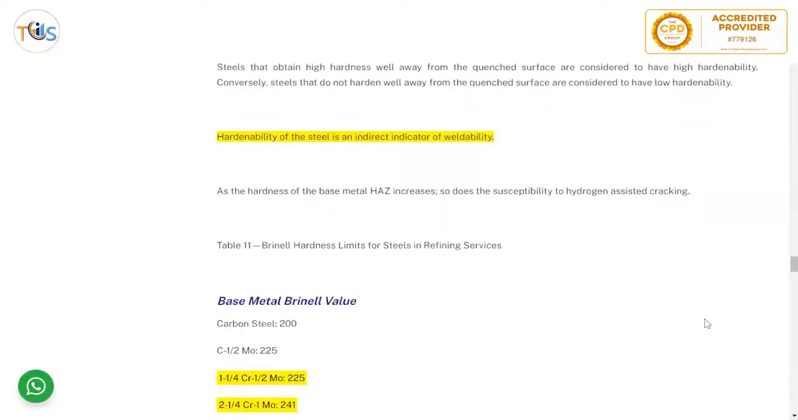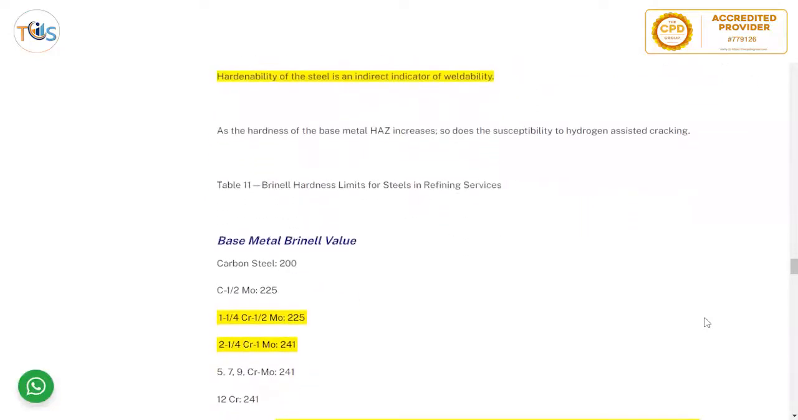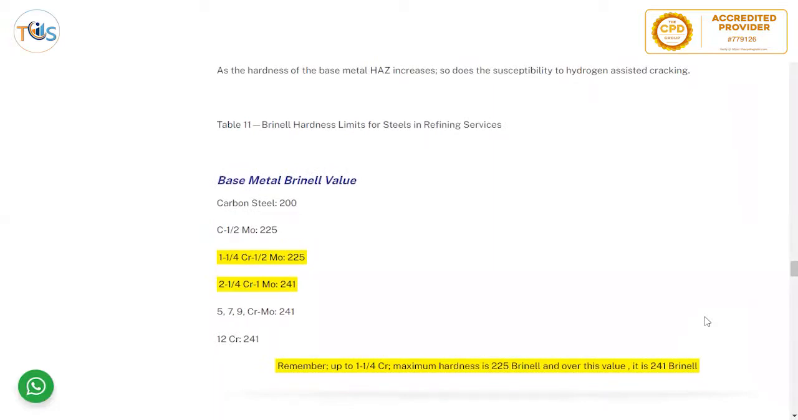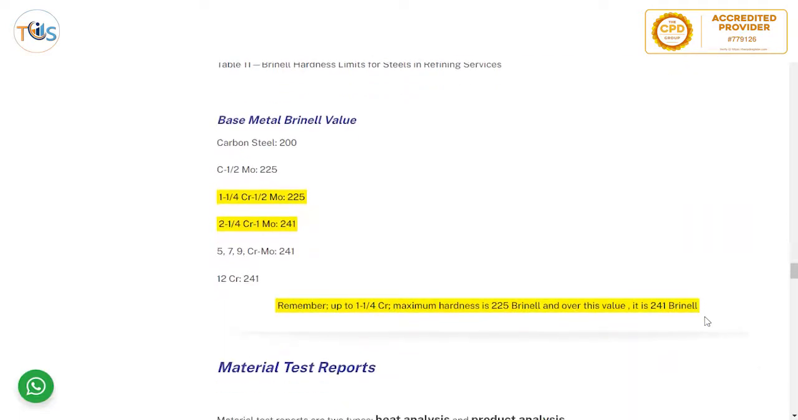Hardenability of the steel is an indirect indicator of weldability. As the hardness of base metal increases, so does the susceptibility to hydrogen-assisted cracking. And you can go to Table 11, Brinell hardness limit for steels in refining services. It has some good information, like for base metal Brinell value,